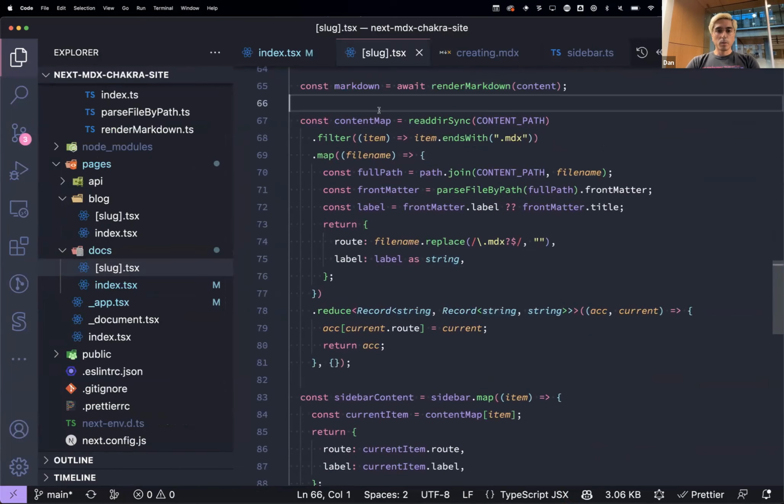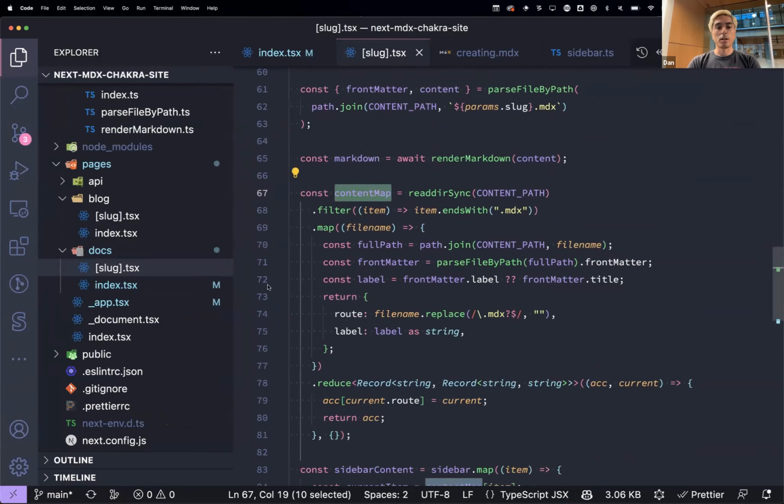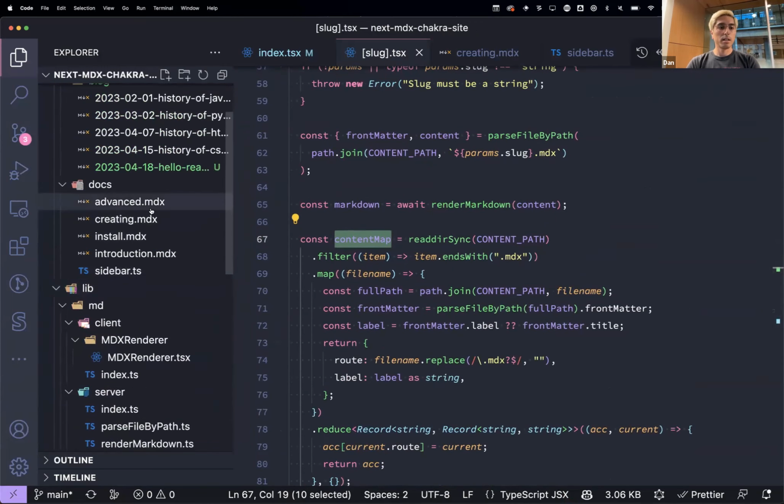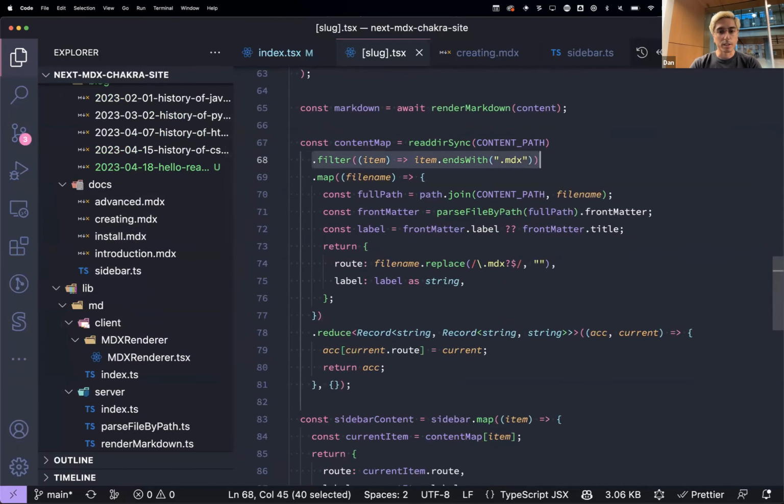But then we also need to render what every item in the sidebar is going to be. Even though this is an individual page, we can do a similar approach as what we did for the blog index page. We can get all of the files in the content path, filter out the ones that do not end with MDX, and then for each one of those,